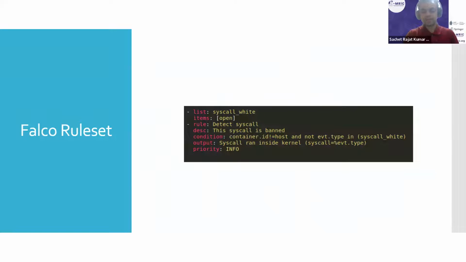We do not do that here because we have our whitelist, and we do not want to proceed with the blacklist, because whitelist is one of the best ways to secure your containers, since you don't really know what exactly to blacklist. The list of blacklisting items can always keep growing, but since you know your functionality, a whitelist would be perfect. But in case you want to use an emergency priority, what we can do is just make another blacklist and put in a list of severe system calls that you know you are not using. And if any call is being made within that list, which would be the opposite of this condition, then you would bring up an emergency priority.